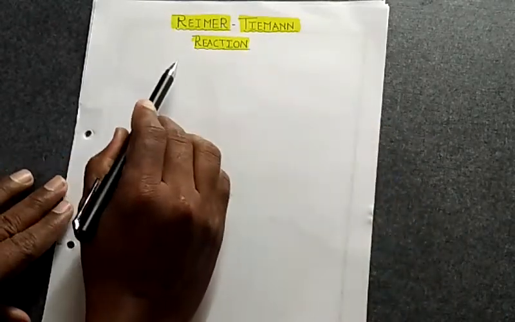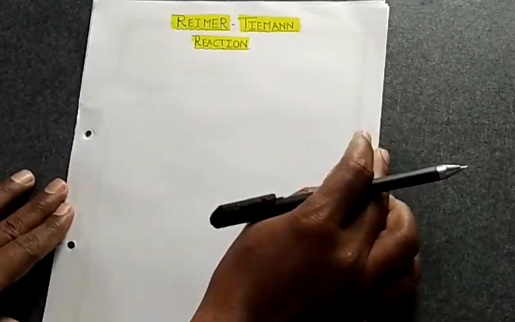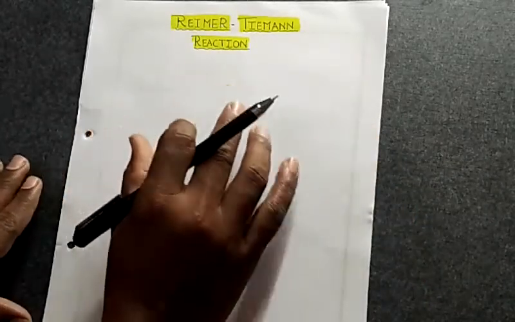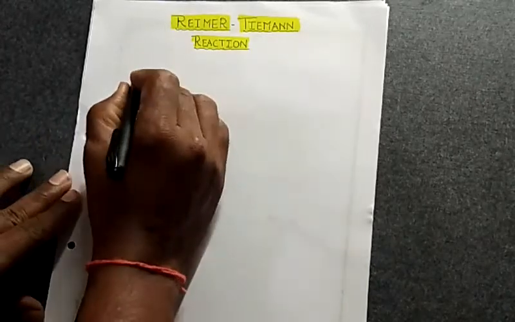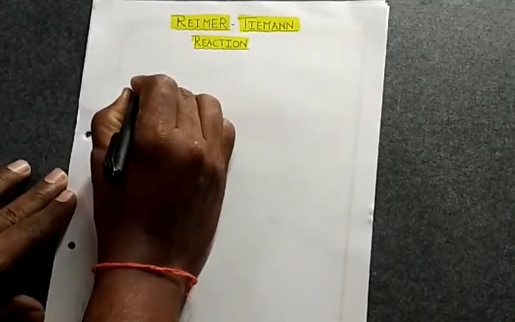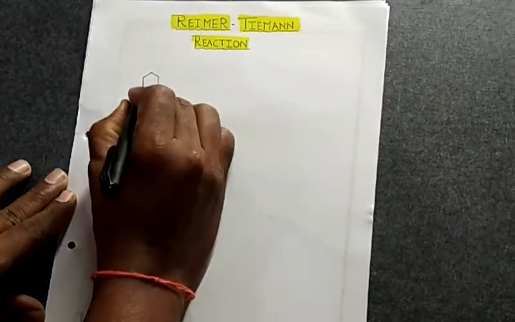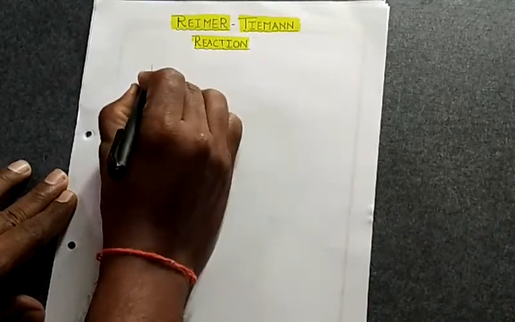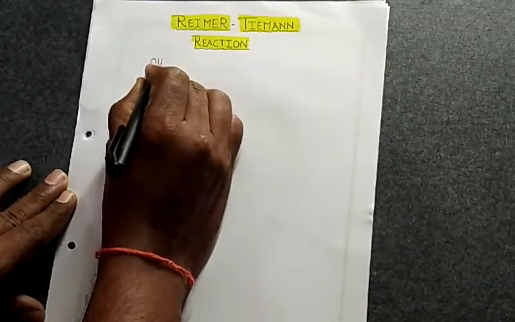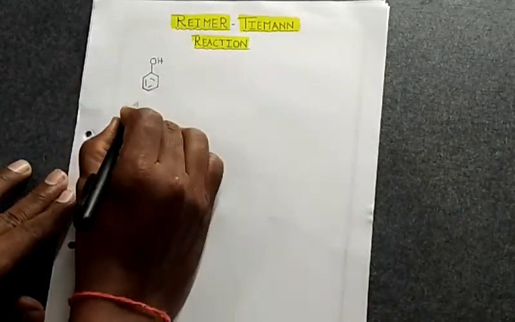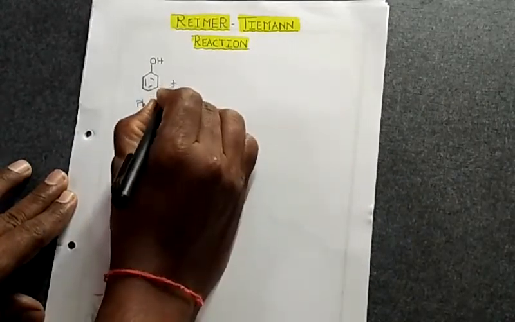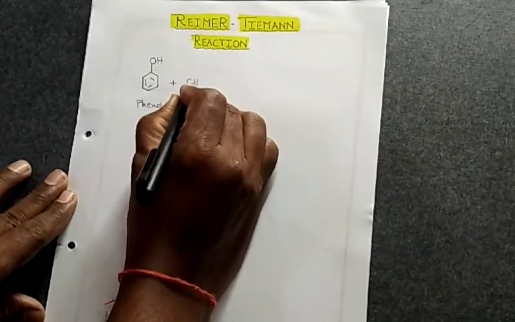Generally, we come across phenols. While we are studying the properties of phenols, this is one of the important named reactions shown by the phenol. In this reaction, the phenol is allowed to react with chloroform. The phenol, as you all know, this is the phenol molecule. This is allowed to react with chloroform